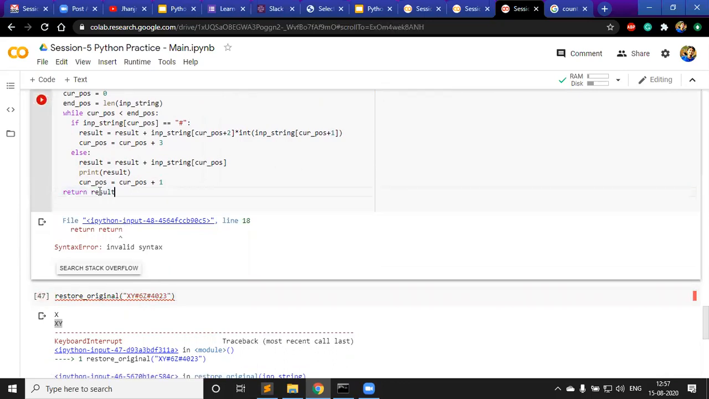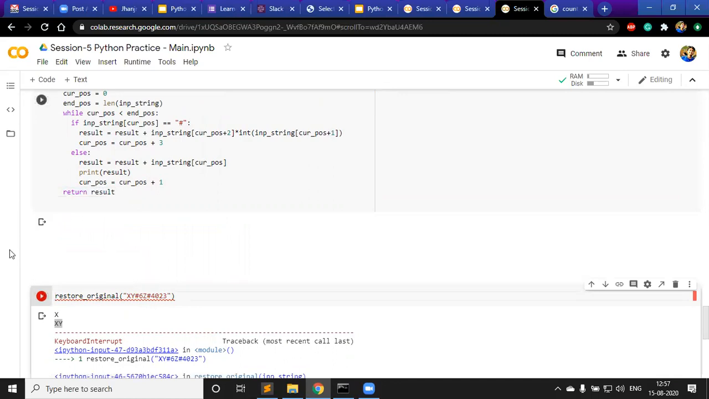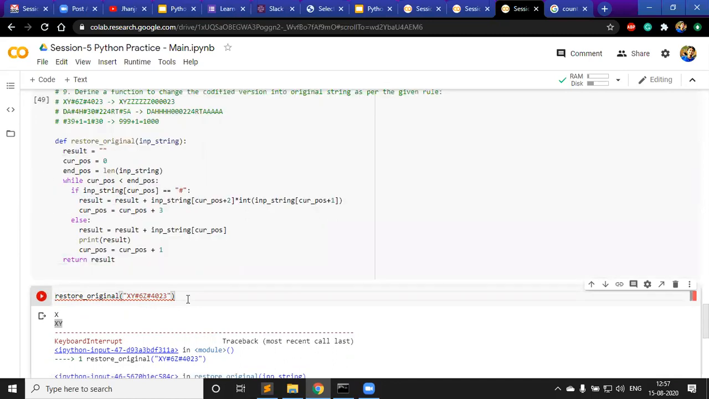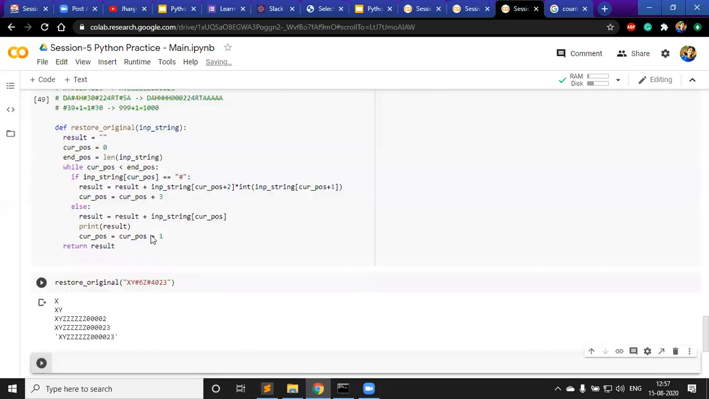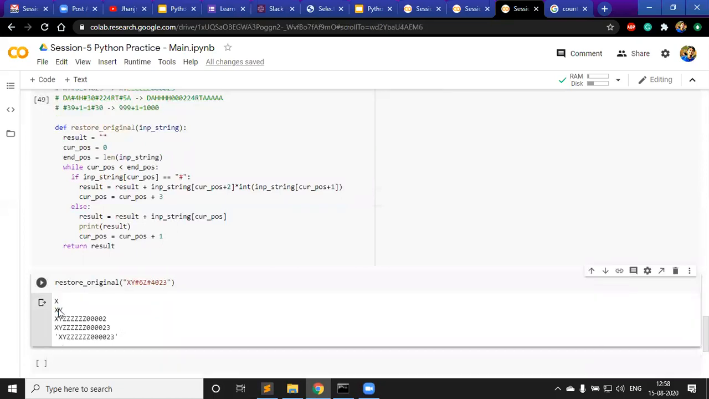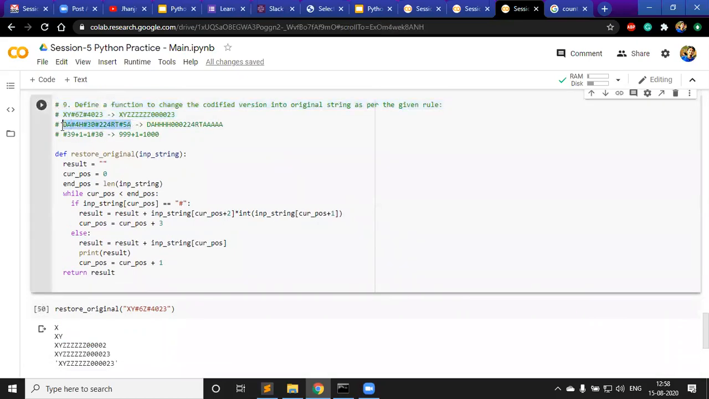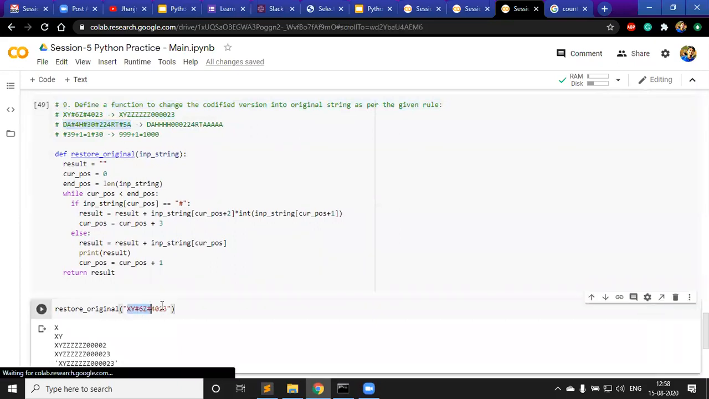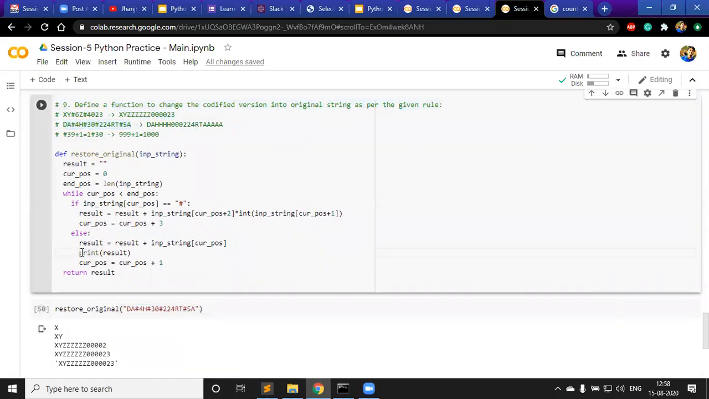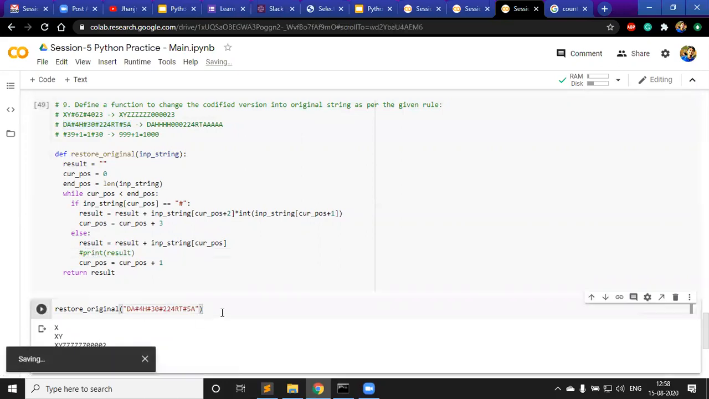return result, this ran. And if I now try to do this, now it is more evident. Now you could see that first it was x, xy, then x, z, z, z, z, z, then 0002, and then 3. So it did that thing. Let me just copy this particular one and try to run it. Let me just remove this print here. Now if I print it,